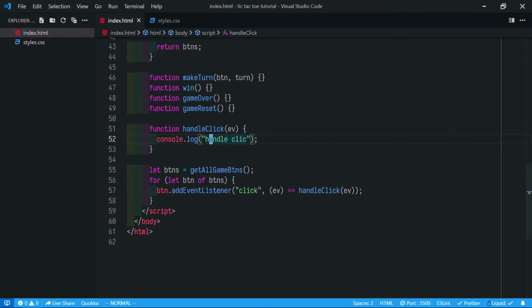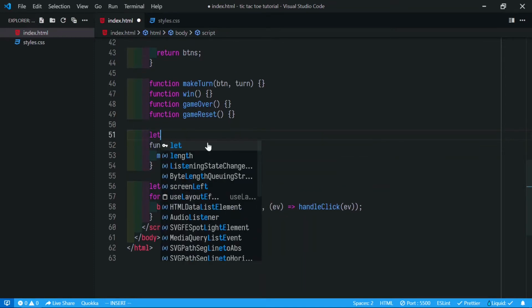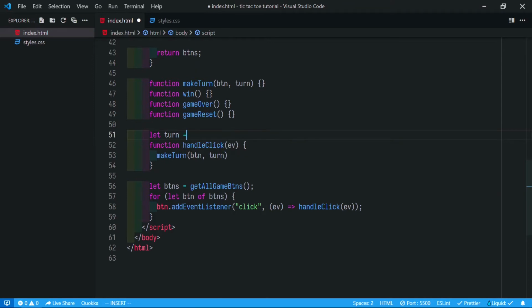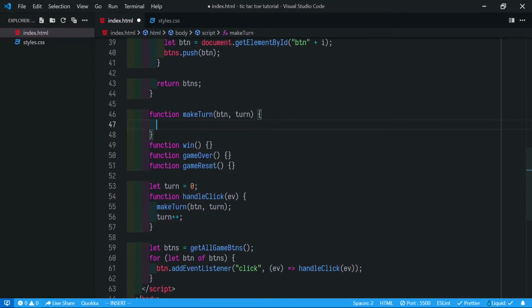So first we have to make turn, passing in button comma turn. We will make a variable turn. We will start from 0, and after making the turn we just increase it. Now let's implement the make turn function.